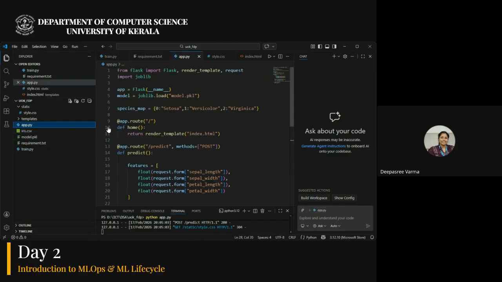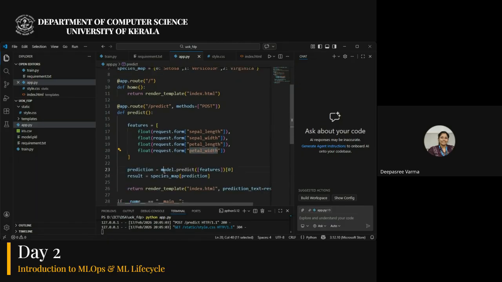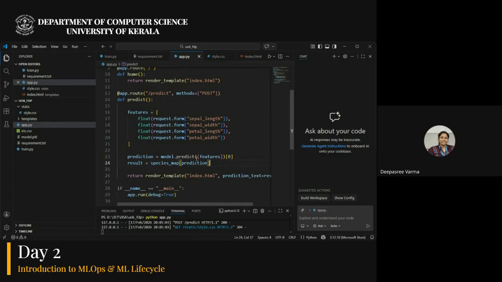Now in this app.py, I am loading that pickle model, and here I am reading sepal length, sepal width, petal length, petal width, and passing it to the model to predict, which gives the prediction, which is the flower. So here it is communicating to the model. Got it?